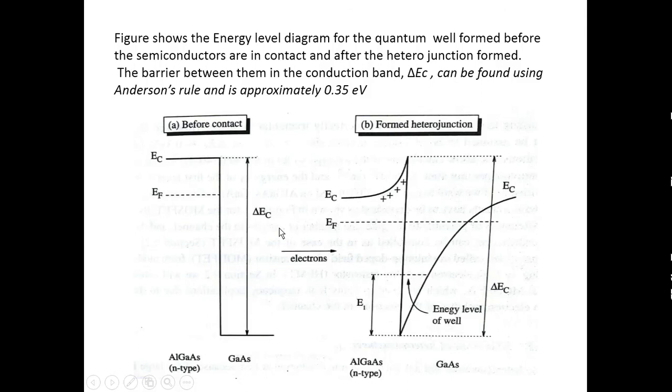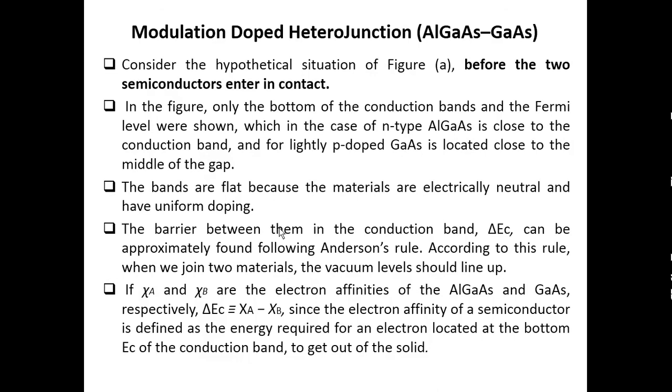The bands are flat because the materials are electrically neutral and have uniform doping. When the two materials are not joined together, the bands are flat. The conduction bands for the aluminum gallium arsenide and gallium arsenide are flat in nature. There is nothing happening there because both materials are electrically neutral with uniform doping. The barrier between them in the conduction band, that is